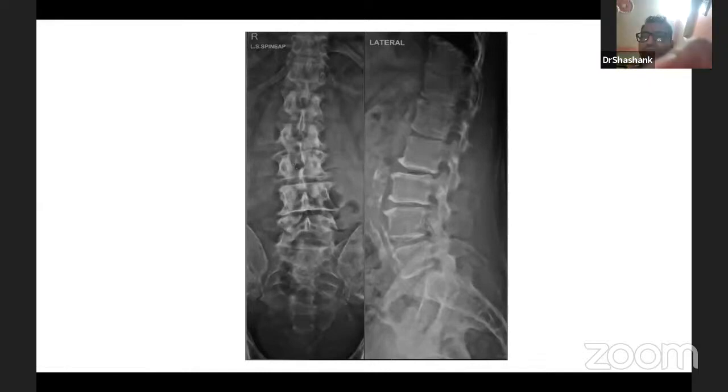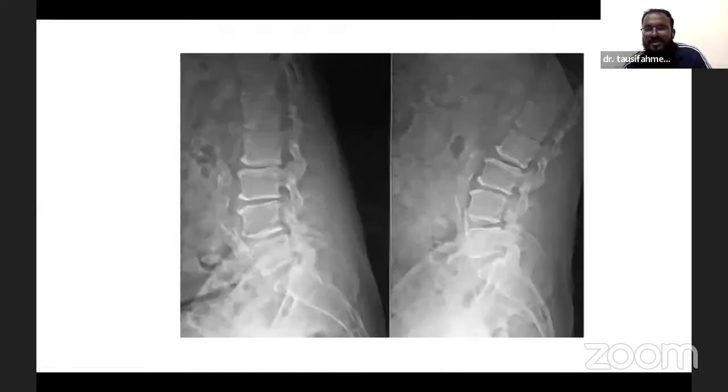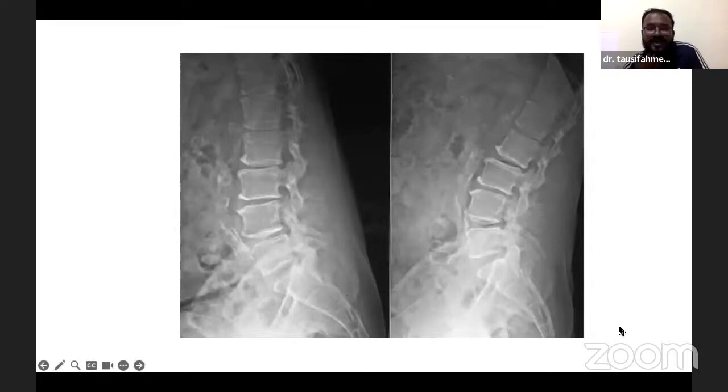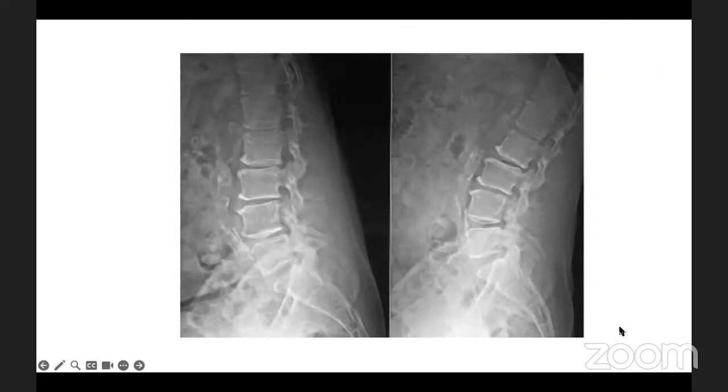So Kedar, are you here? I'm here, sir. So this is the dynamic X-ray for you. What do you want to see on the dynamic views? Sir, on the dynamic views, I'd like to see specifically in this case at the L2-3 level, since the listhesis was noted at that level, whether there is any instability noted over there or not. On this X-ray film, there is some amount of instability noted at that level. Also at other levels, but not a very significant or gross instability.